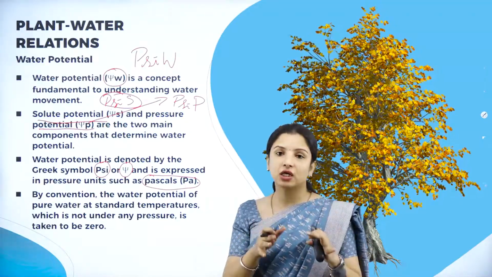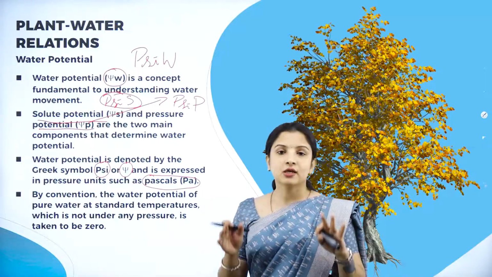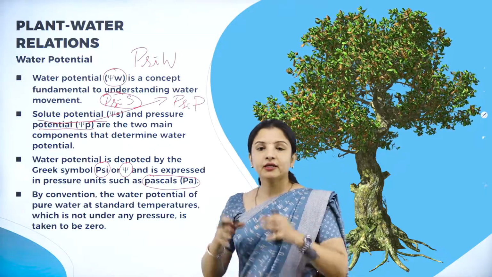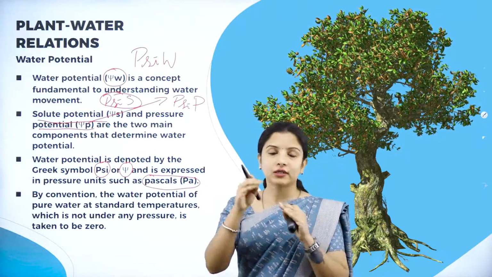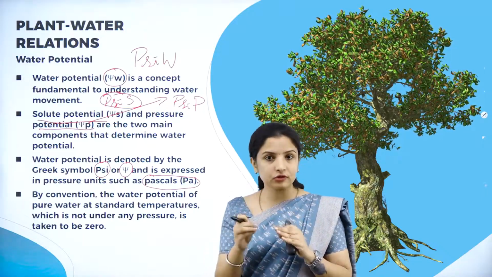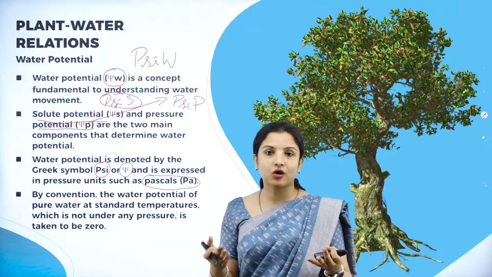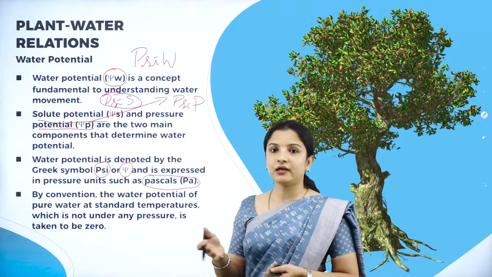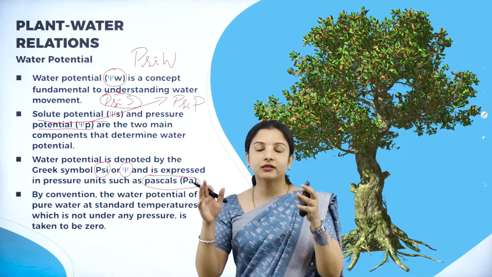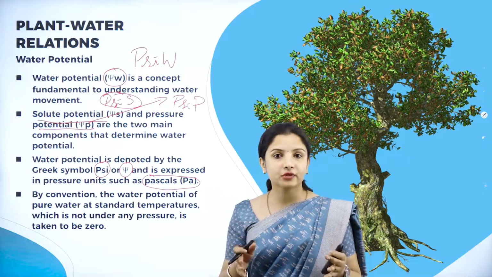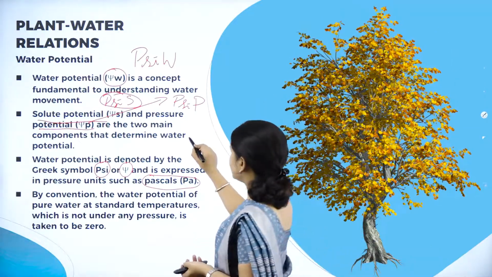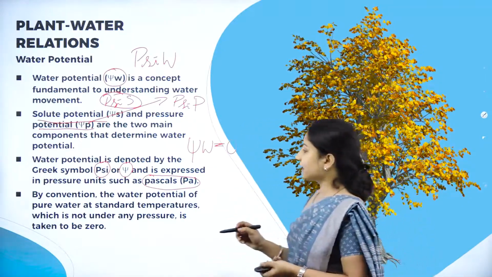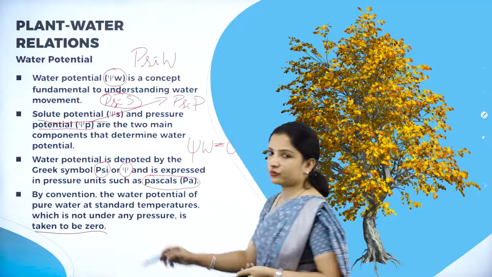Pure water will have just water molecules in it and nothing else, whereas in a solution, say for example, we talked about the solute potential, right? If we consider a solute potential, in that water, it is a solution wherein different types of solutes are dissolved. Say for example, sugar, salt, or any chemical as such. If it is dissolved, then the water potential varies. But if nothing is dissolved in the water and it is only pure water molecules, then the water potential of pure water is always zero, which means psi W is always equal to 0. So that is what we need to understand, it should always be taken to be 0.